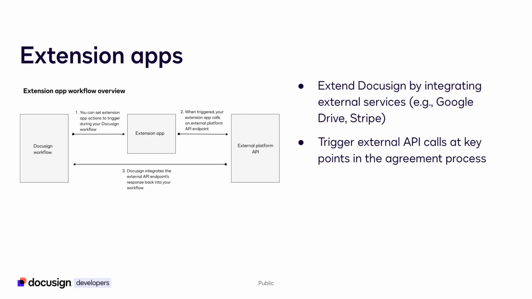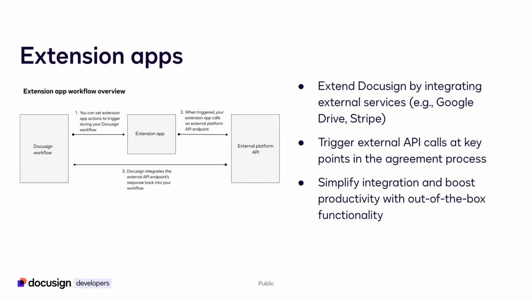These extension apps allow you to trigger API calls at key moments in the agreement process, enabling features such as real-time data verification, database updates, or automatic document storage. Extension apps simplify integrations, reduce the need for custom code, and help teams work more efficiently by automating key steps